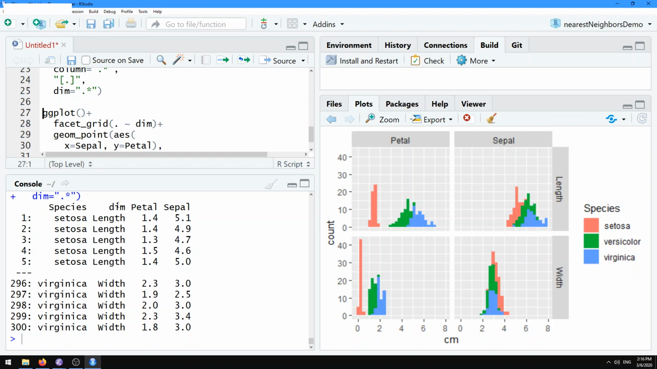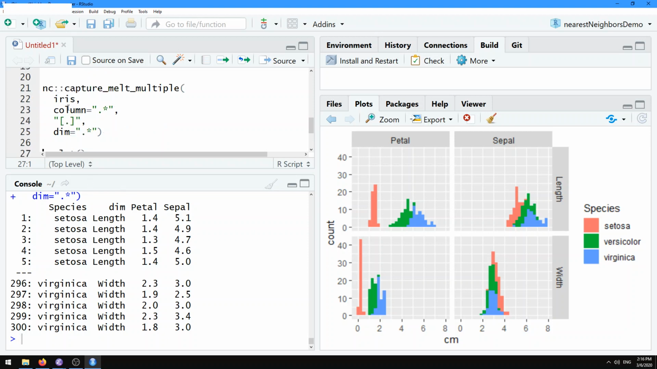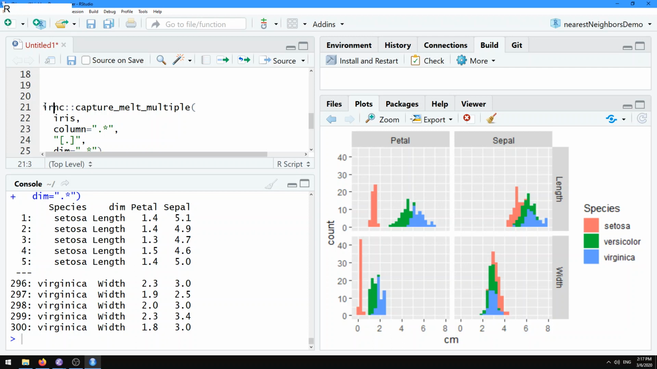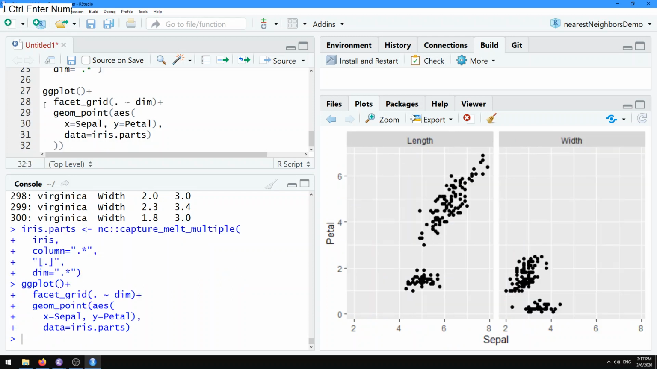We have the dimension as its own column, and then we can immediately plug this thing into the ggplot. So let's call this iris parts, and we're going to plug that into our ggplot. Using the default scatterplot code that I wrote there, you can't really see the difference too easily, but let's